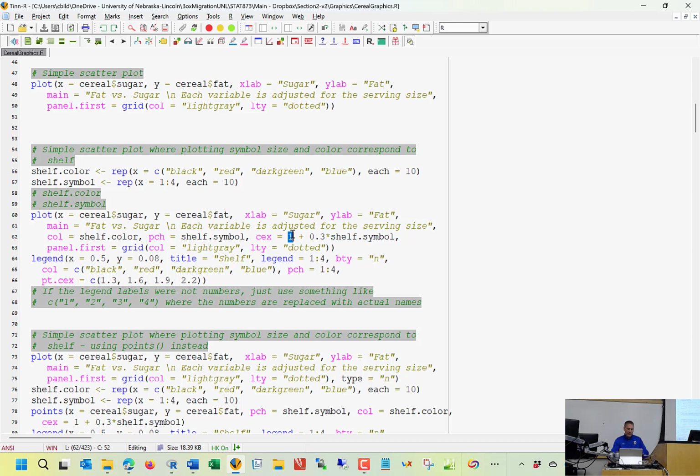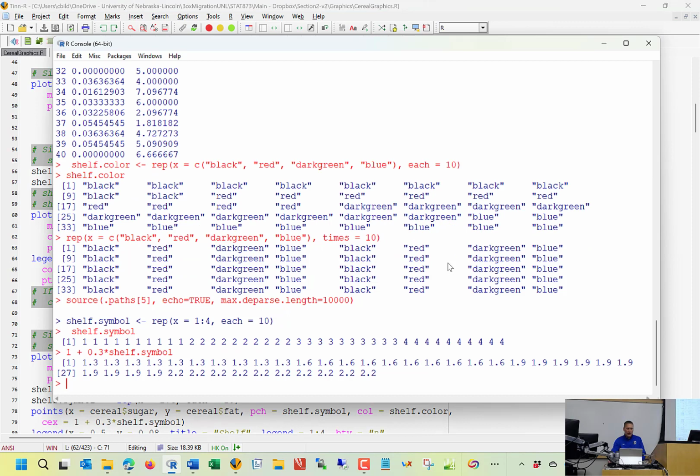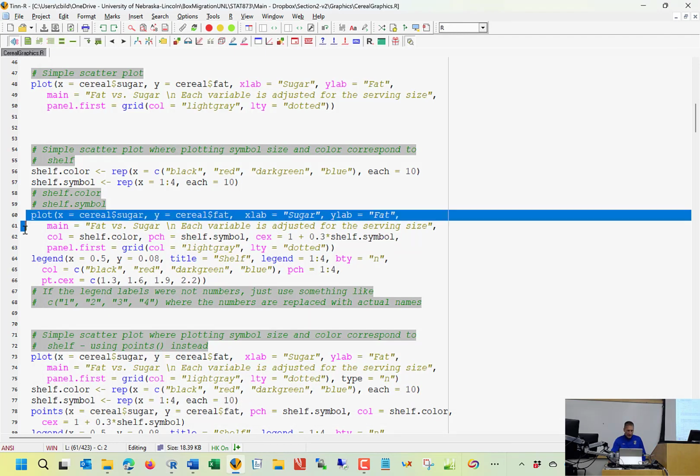You can see what it is if you just run it with 1 there. But what I'm going to do is take 0.3 times the shelf symbol. Remember, those are numbers. And so this will allow me now to have different sizes of plotting points relative to the default. So 0.3 times the shelf number allows me to have different sizes of plotting points. Okay, so if I do that,